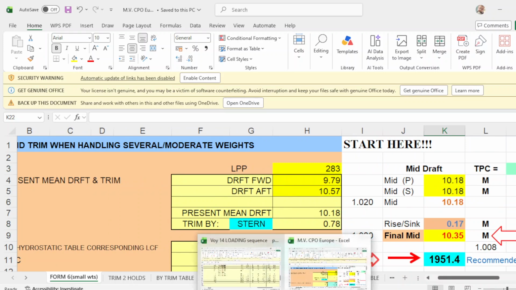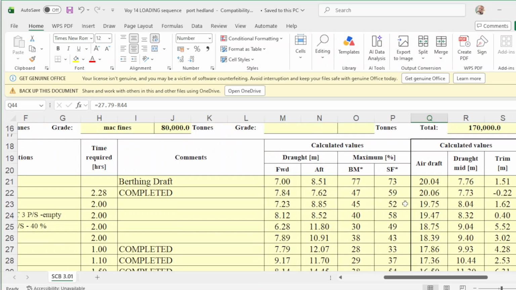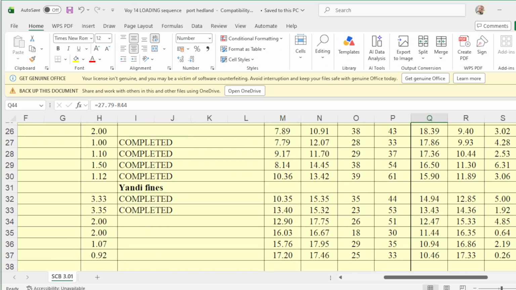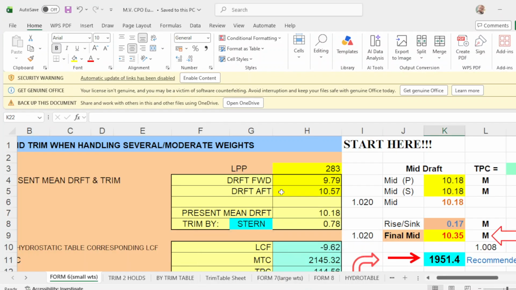Initial draft forward is 1720, this is forward, this is aft. 1720 means that the chief officer and the draft surveyor agreed that their draft reading forward is 17.20. So you put in your program 17.20.